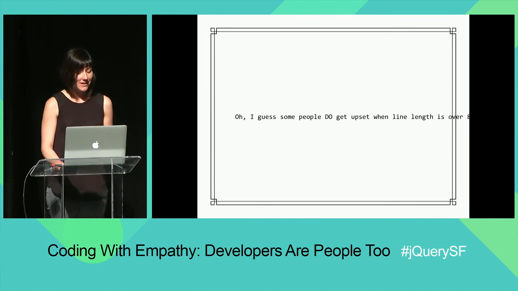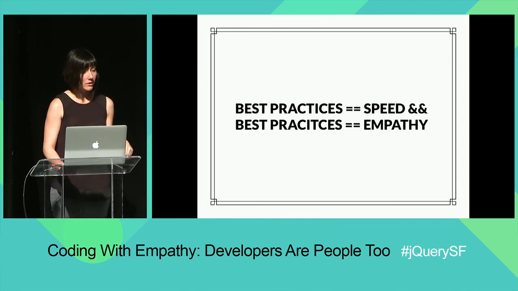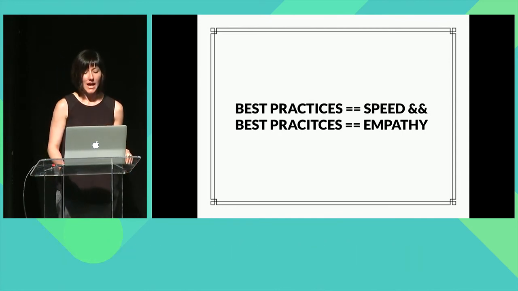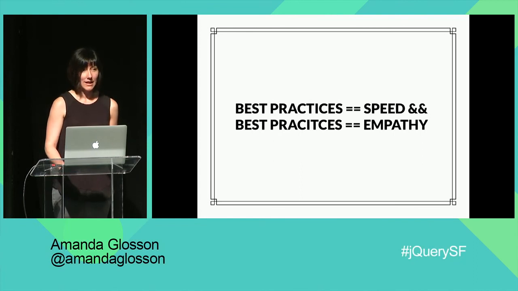However, best practices enhance the speed of our development because it makes the code empathetic. Our fellow developers are able to dive into our code, quickly discover its intent, and can feel reasonably confident in knowing what the code's used for, how to reuse it, how to extend it, and also how to maintain it. Features can be added faster, regressions can be avoided, and bugs can be squashed quicker.